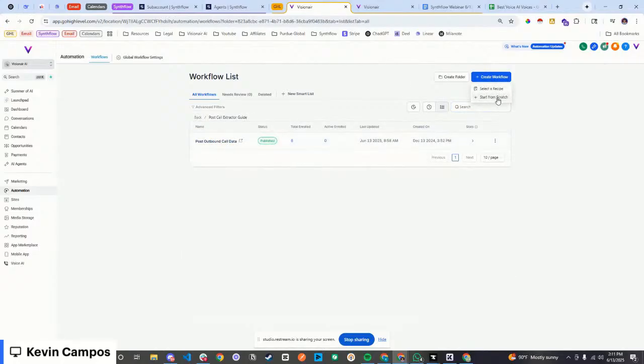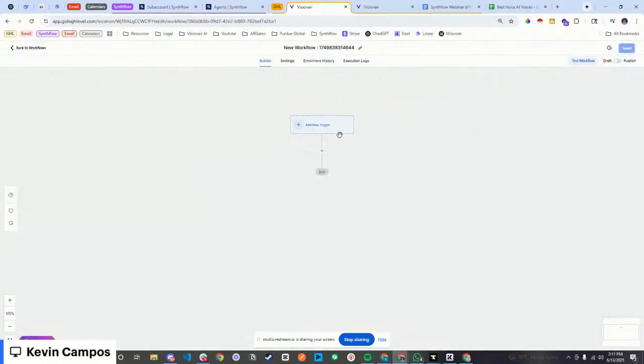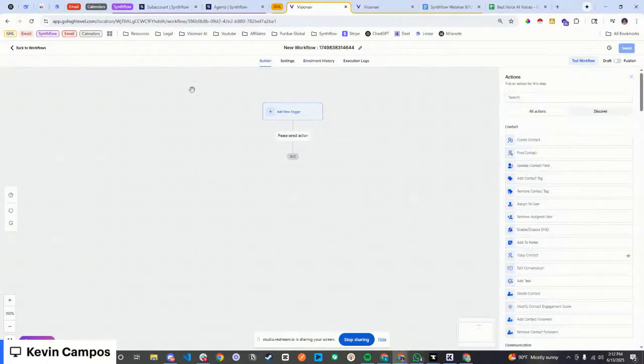All right, let's go ahead and start this from scratch so you are able to see each and every step of the way. When you're starting one from scratch, keep in mind that you don't really need the info extractors. The only thing you do need is clear guidelines of when the call is going to take place, if it's going to be during business hours, if it can check DND, and all that good stuff.